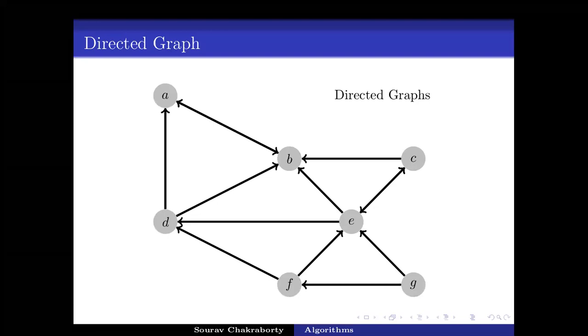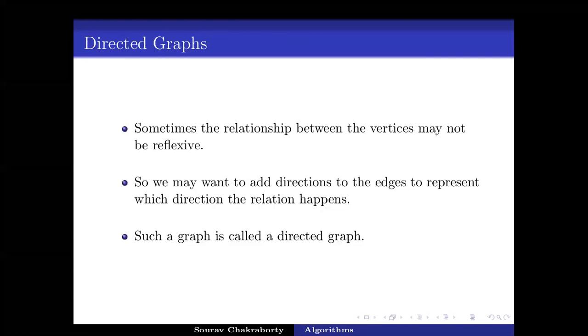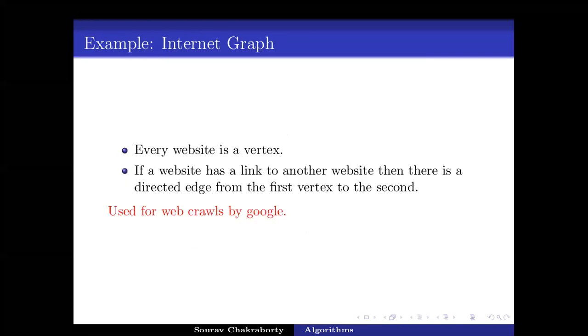I think I have messed up a little bit. A and B both follow each other, but D only follows A, and not the other way around. So there is also this issue of directed graphs. Basically, the idea is that graphs can be both undirected and directed as well.